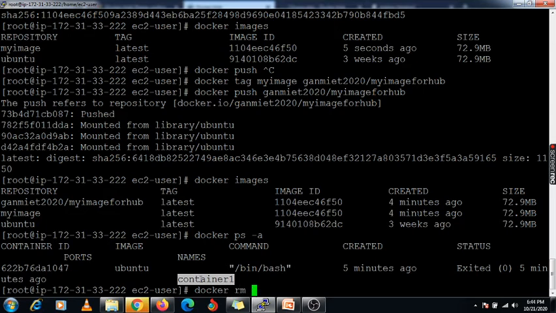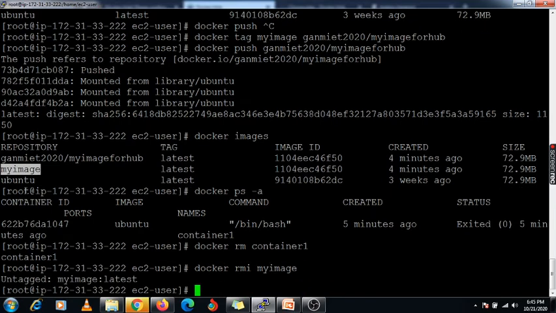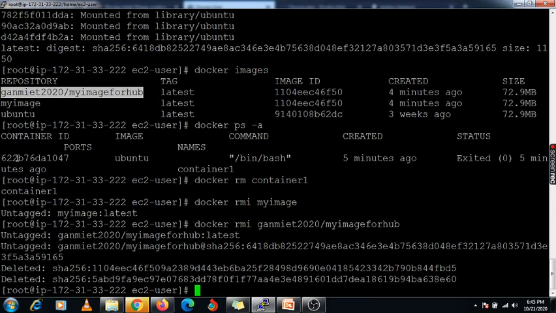The rm command you need to use to remove your container. Now I am going to remove my image, the rmi option you need to use. This is another image which I have uploaded on Docker Hub, docker rmi, and specify it.